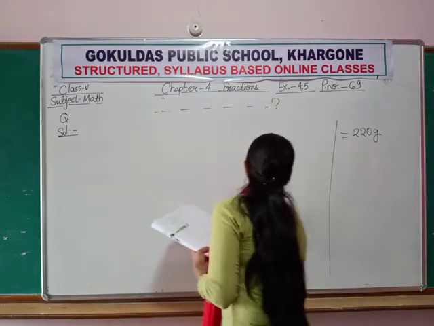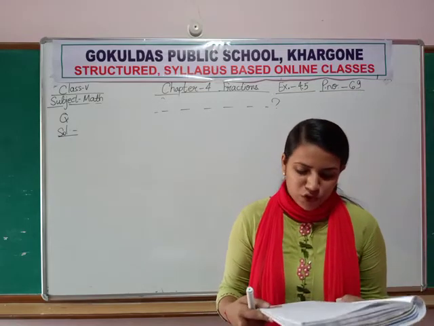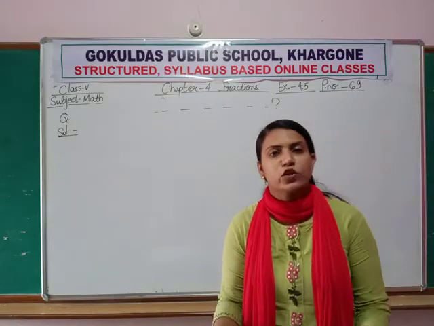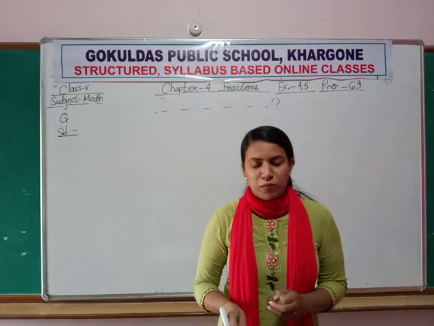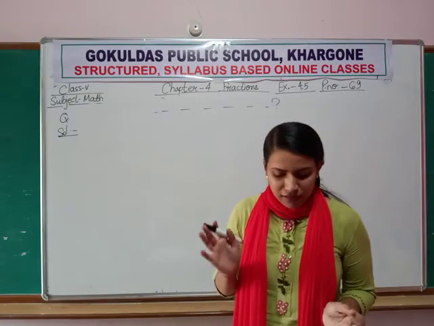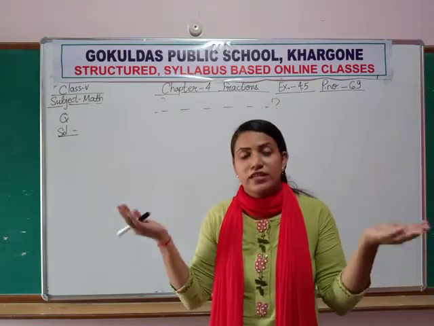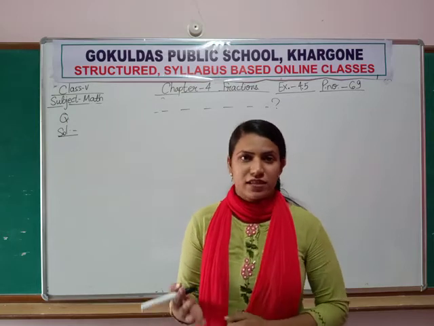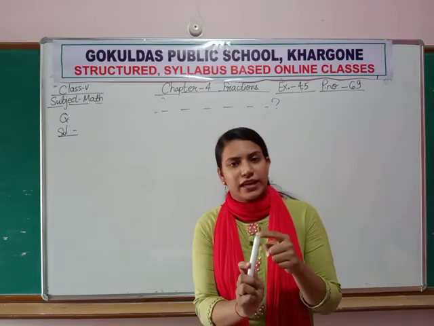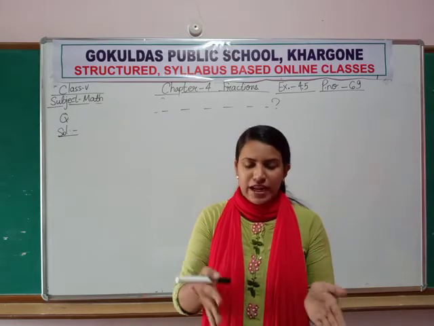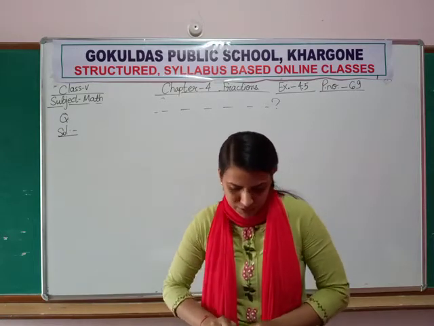Question number 5. 1/3 kg of flour and 2/3 kg of sugar are needed to bake a cake. How much flour and sugar are needed to make 48 such cakes? Here they have given us the data for one thing and are asking for more things. In such a case, what do we do? We multiply. Earlier I also told you, they have given us the data for making one cake and are asking for 48 such cakes, so we need to multiply to get our answer. So let us do it.